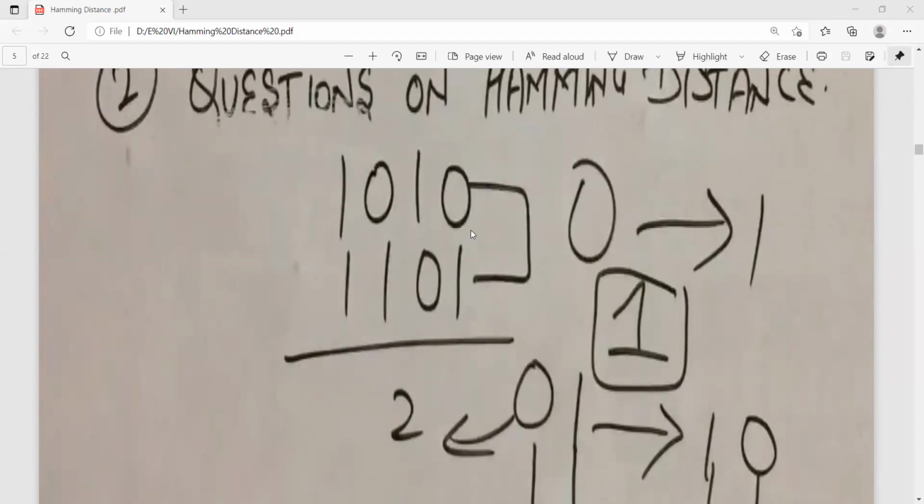Here this is true, here it is a mismatch, this is a mismatch. If 0 is replaced with 1, that means one error. So the Hamming distance is 1.